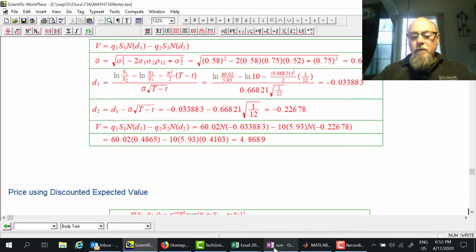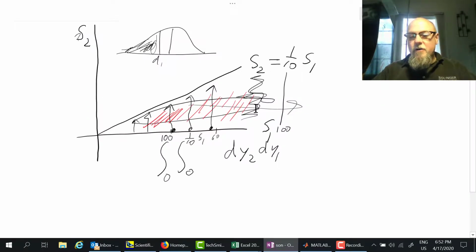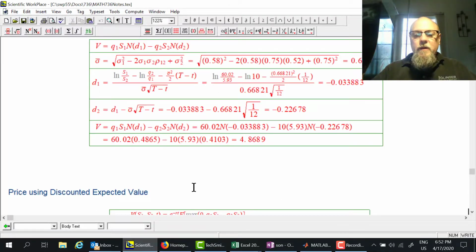There was probably a problem here because I stopped at 100. I'm missing all of the possible future values that are bigger than 100. So there are some ways that we can improve upon those